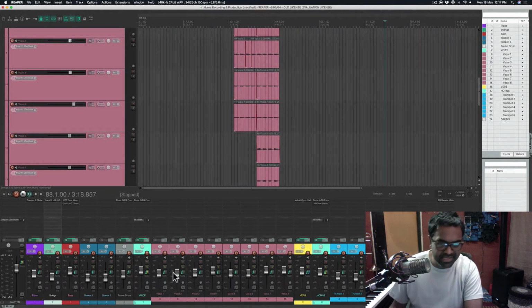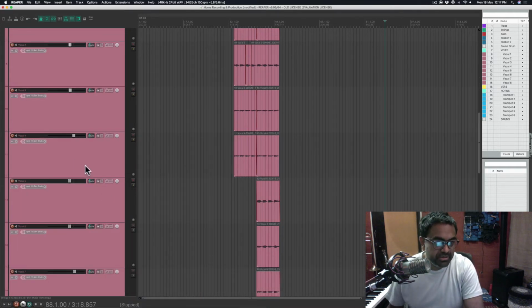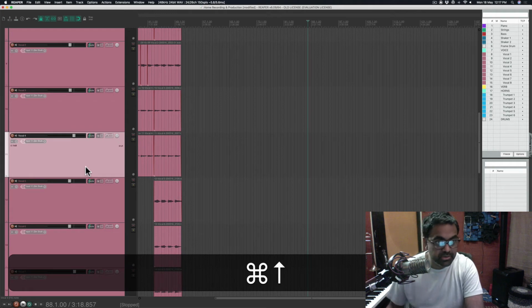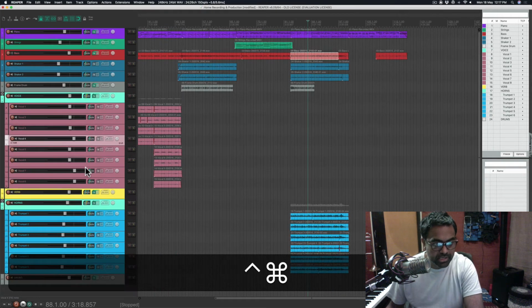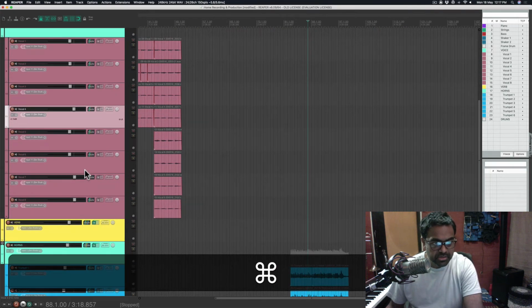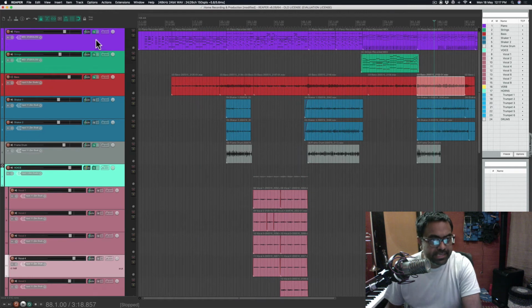If you're on a laptop, you may want to hide the mixer, so you don't need to really see it as such. You can hide it by going Command M or Control M on Windows. So then you can see all your tracks. And as you can see, in each track,